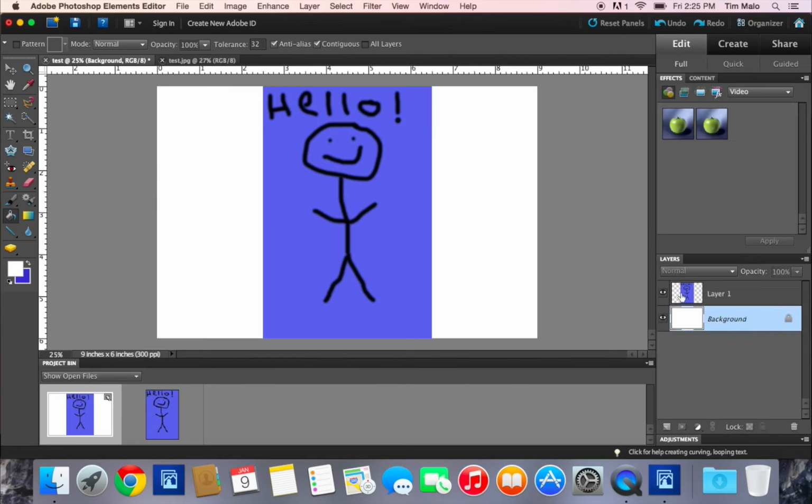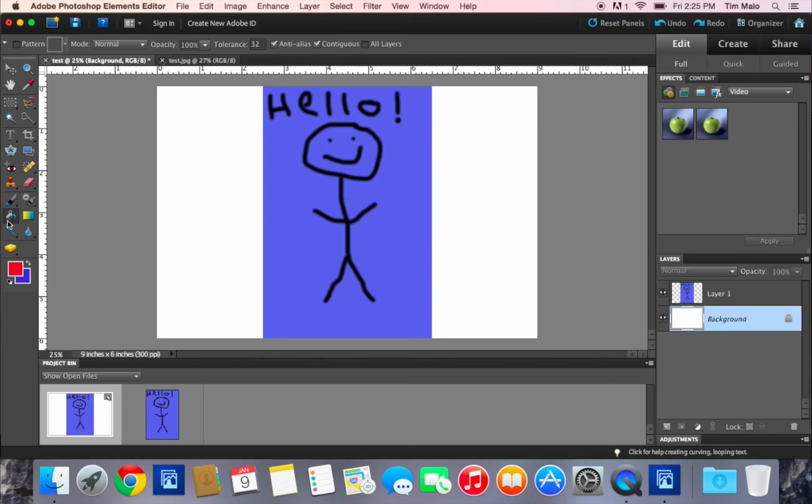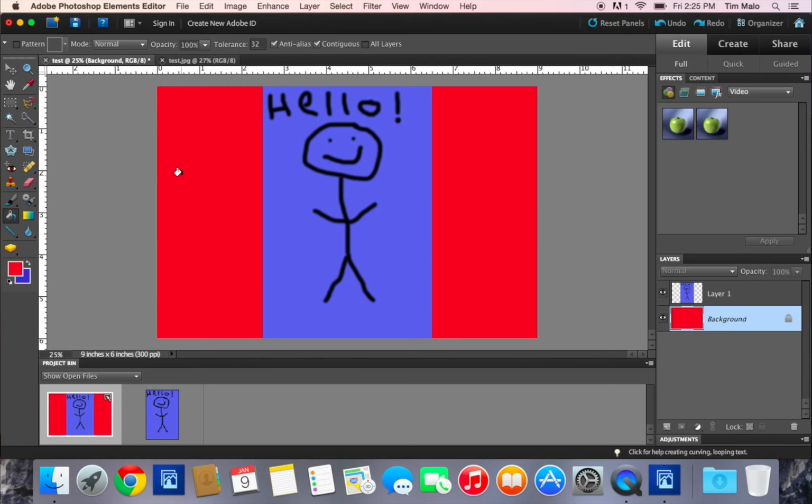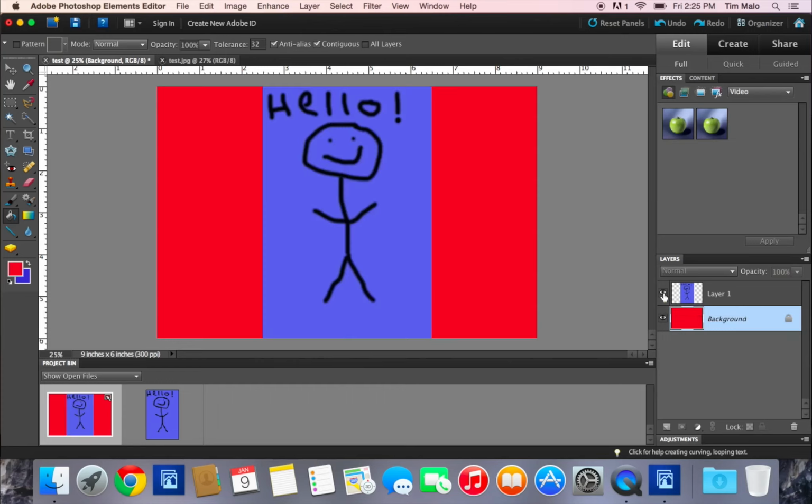If you want to change the color of the background, just make sure you have the background selected. Pick whatever color you want. Hit OK. Make sure your bucket tool is there. You can modify it. You can even hide that from view if you'd like by unchecking the eyeball. Bring it back. Hide the background. This will let us modify this. Once we have it set the right way that we want, the background the right color,